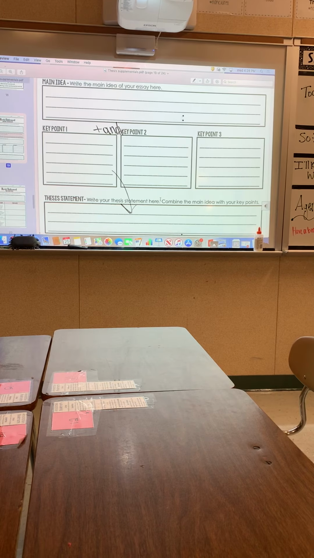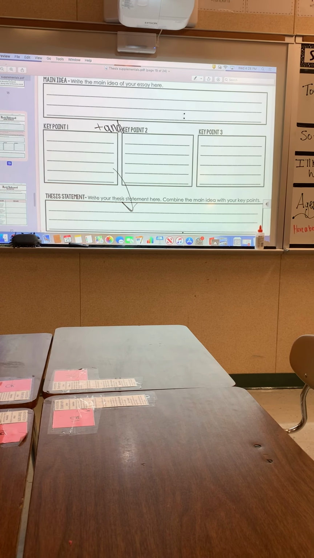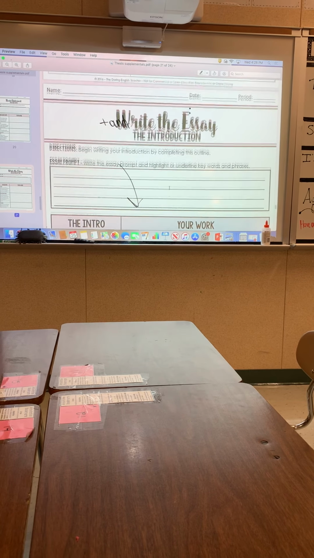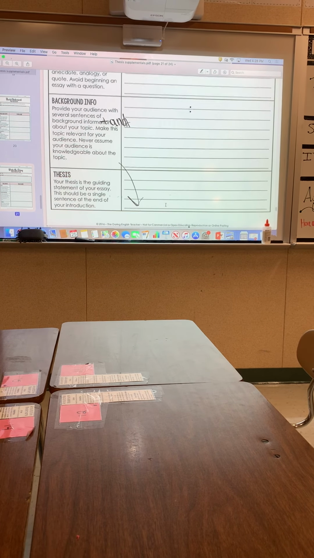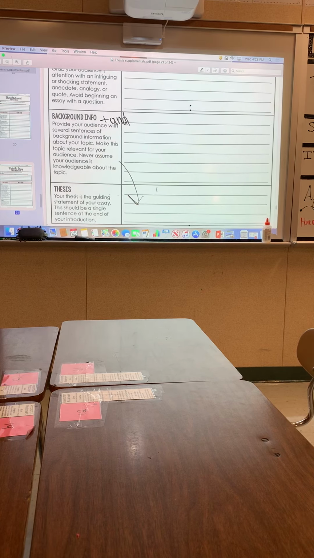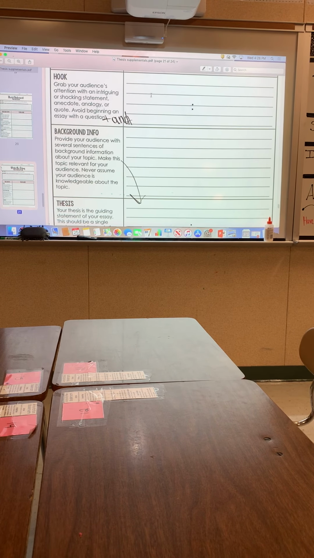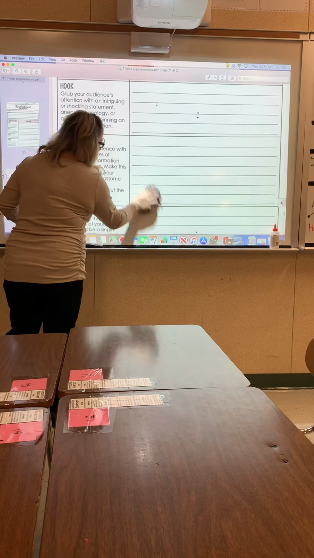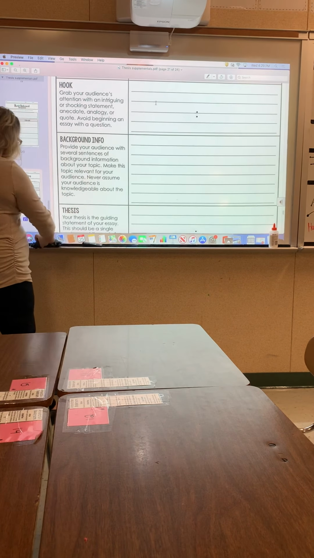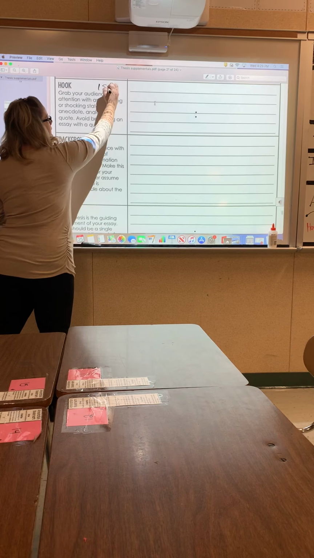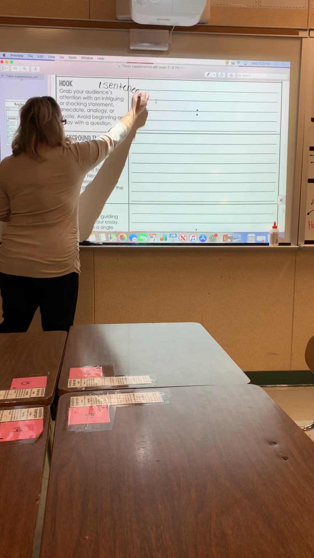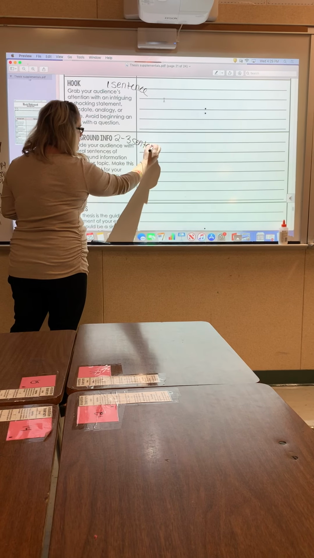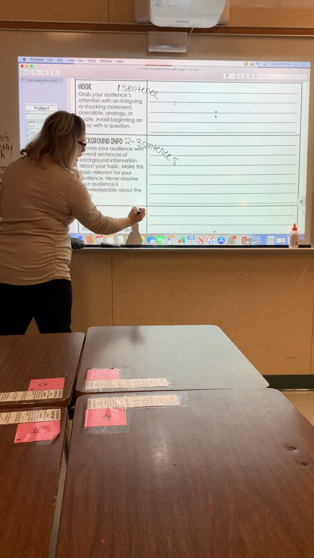Then on the next page, just copy the thesis over. Don't rewrite, don't write a new thesis. You're just going to copy over the one from that page down here. That goes right there. Then the hook needs to be one sentence. Remember, do not start with a question. Either a quote, a joke, an attention getter. One sentence. Background is 2 to 3 sentences. Okay, and then copy the essay,